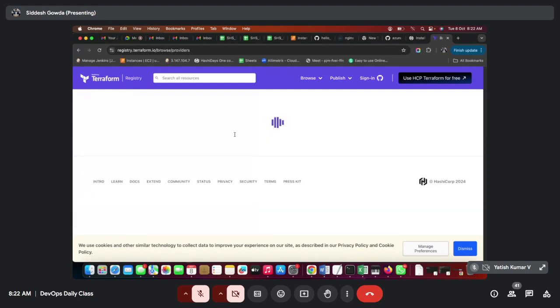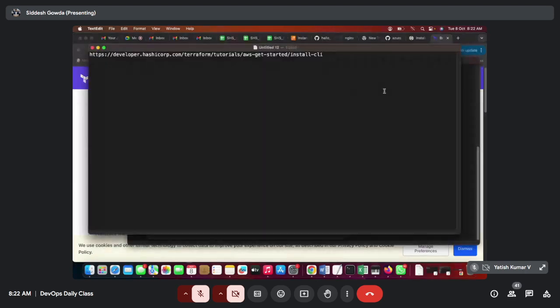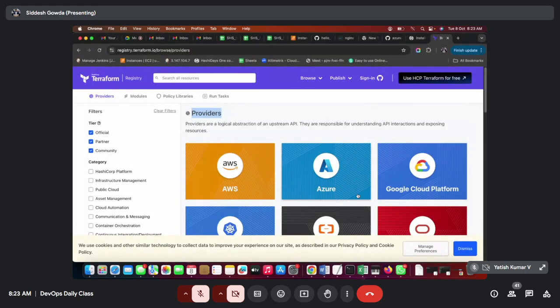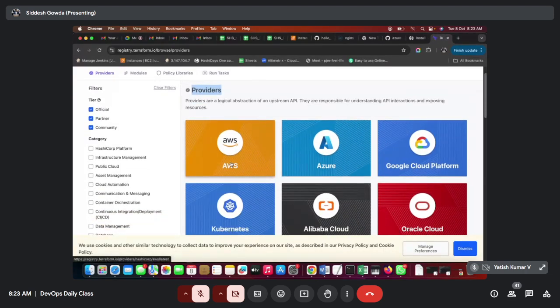Okay, Terraform providers in the sense, so who are all the providers? So here you can see providers and then modules, right? So the clouds. What are all the clouds, which platforms we can manage with respect to Terraform, those